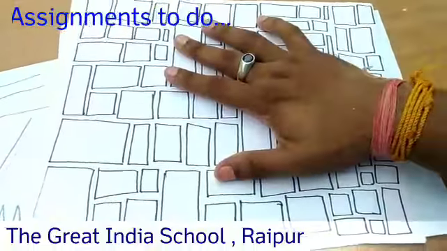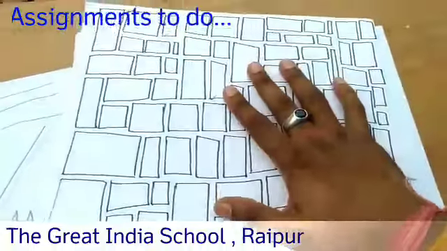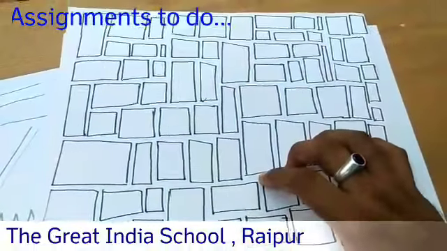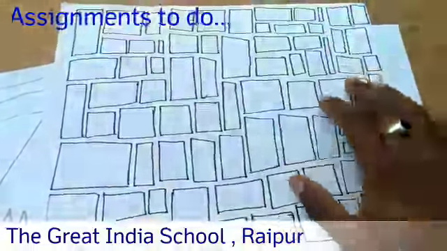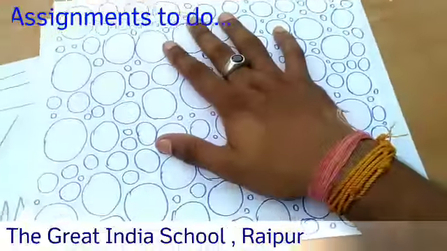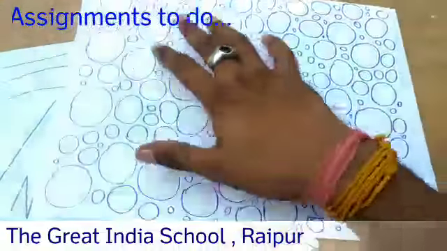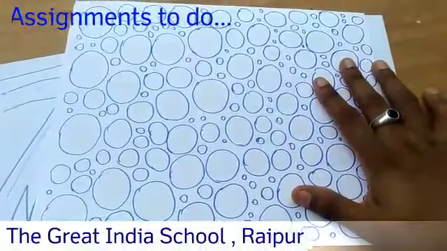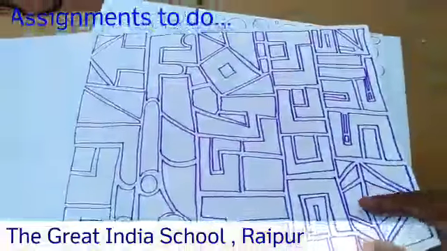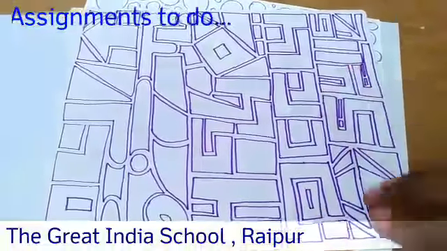So on this page I am taking the rectangle shape. Keep the rectangle shape and try to draw many kinds of rectangle shapes according to your wish. And it's the same thing with the circle I am arranging. You can add these things, and you can also draw many kinds of shapes on a single sheet. So these are the assignments. Do it.